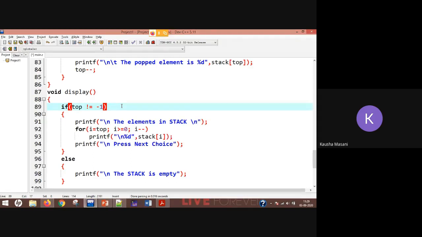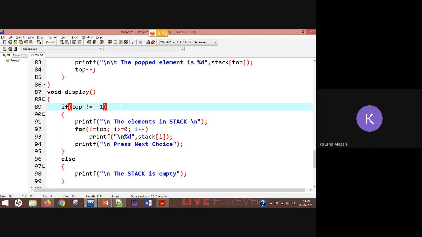I is equal to top. Please do not forget to declare I. You must not have declared I anywhere, so if you have not, then before this for loop, declare your integer I. I is equal to top, where top is currently at the topmost position. Then I is greater than or equal to 0, I minus minus.